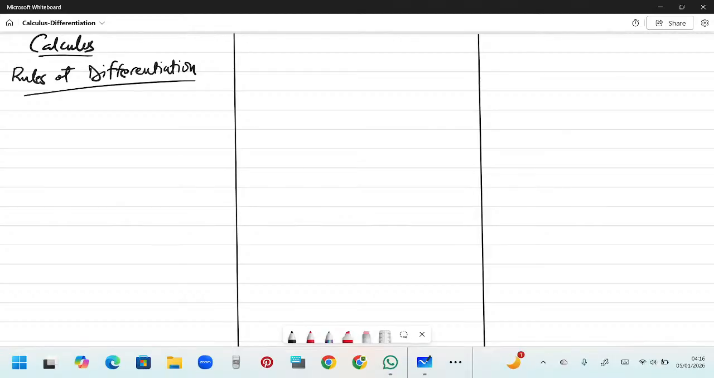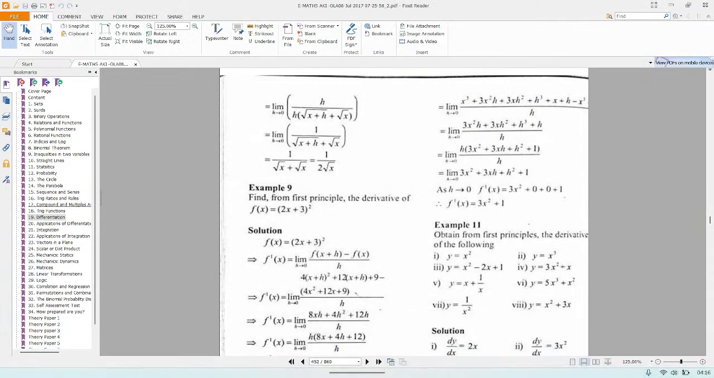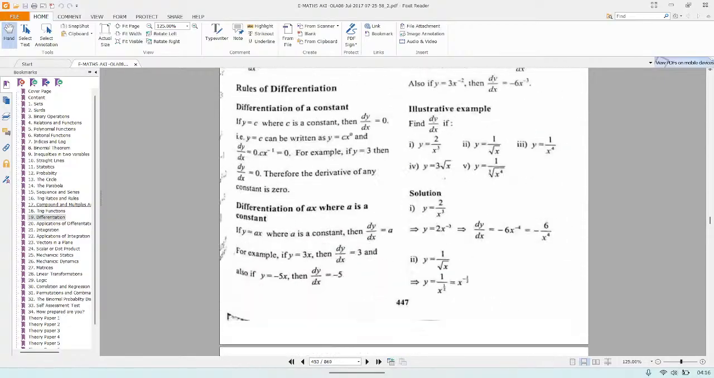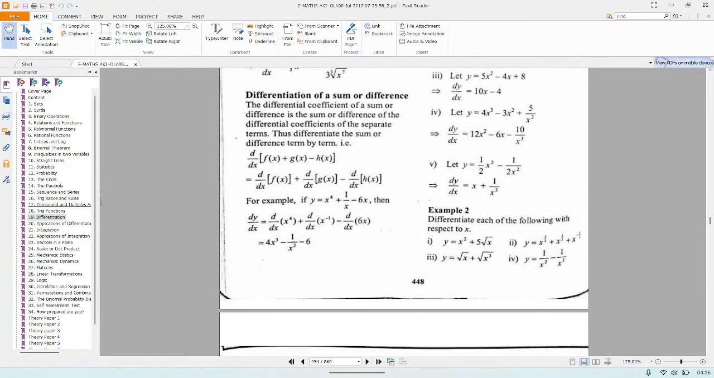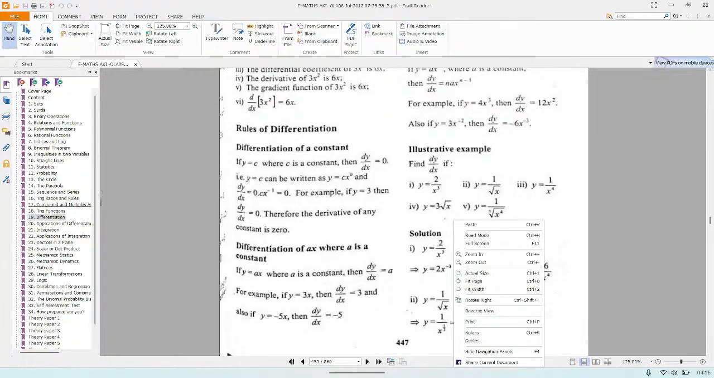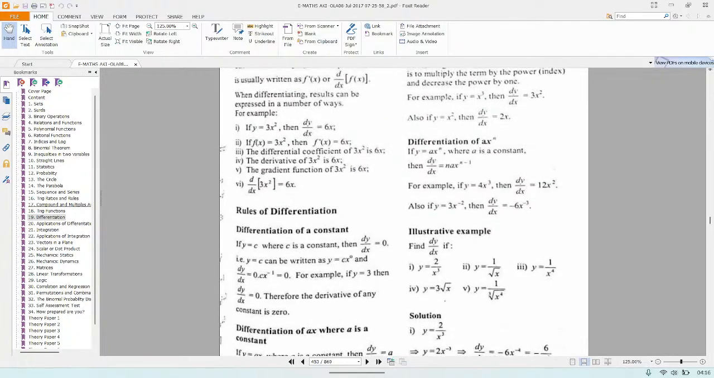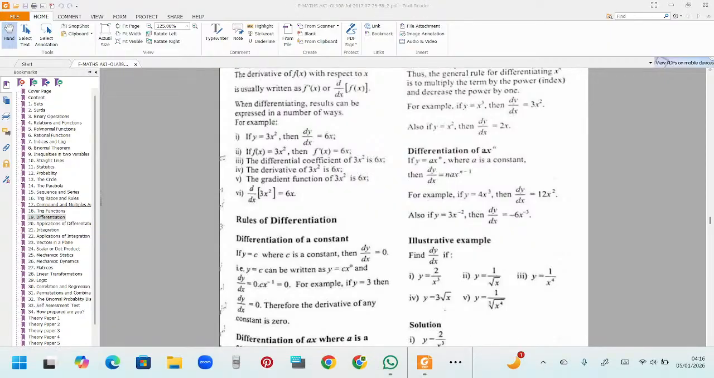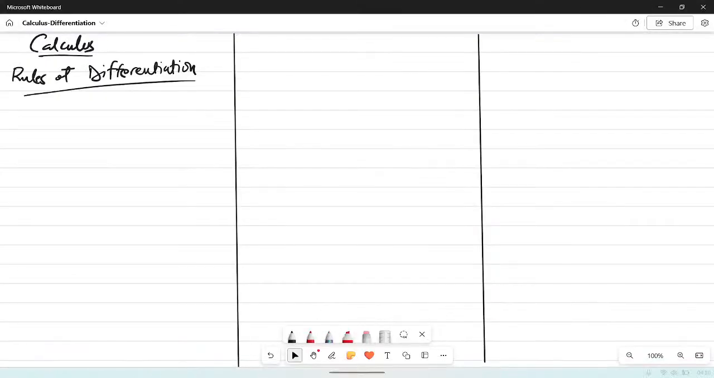So let's go to our textbook. First principles, we've done them already. These ones, I think we've done most of them, but still, let's go through. Now, the whole idea of differentiation is that if you have a function y equals ax raised to the power n, where a is a coefficient,